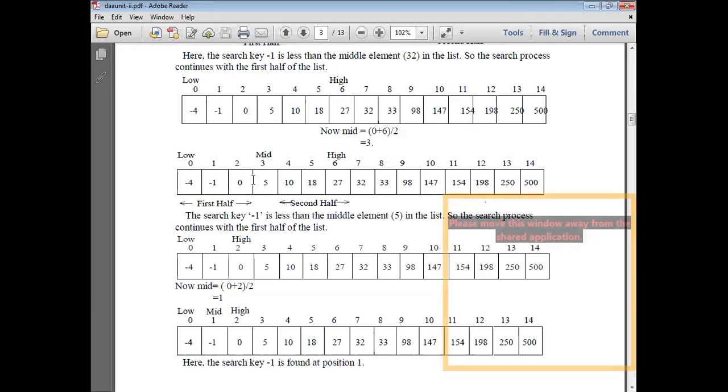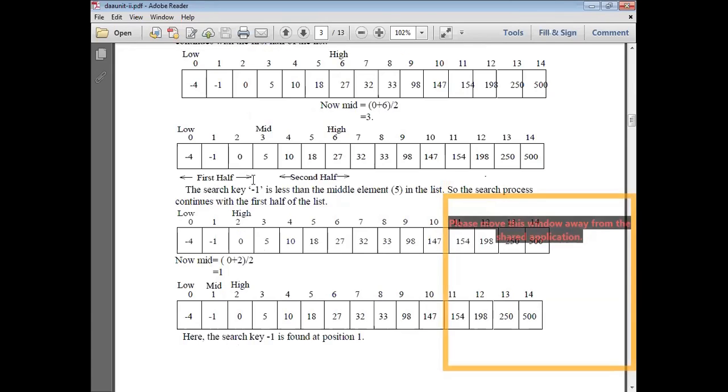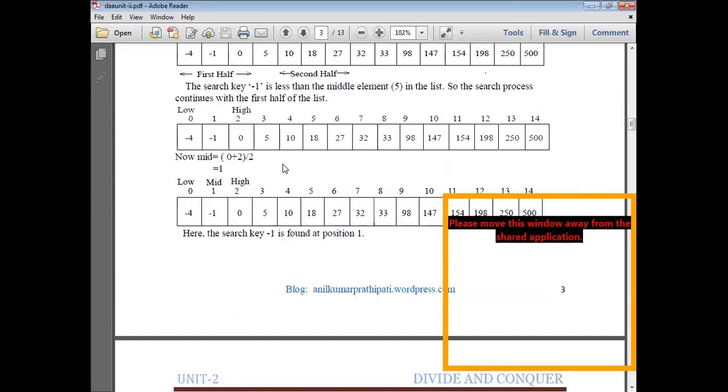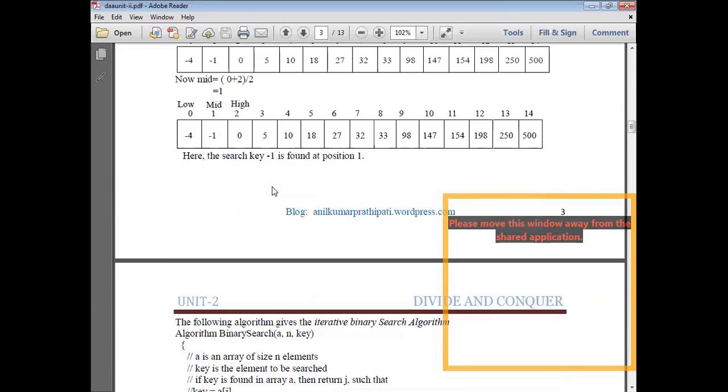Again go in the left half, first half of the list. Again check it. So in this way you can find the value -1 which is at the position 1.